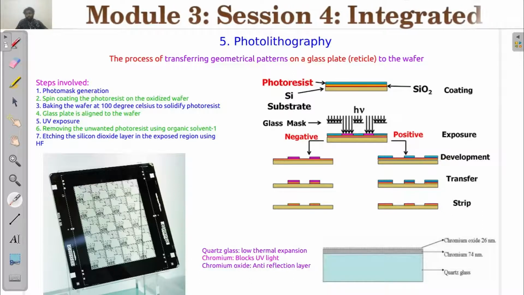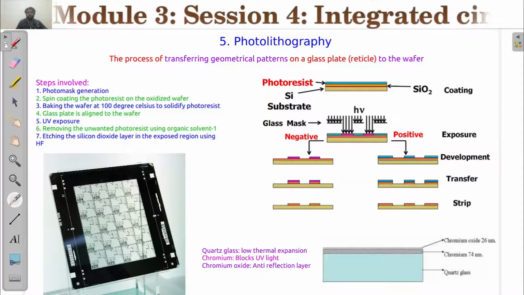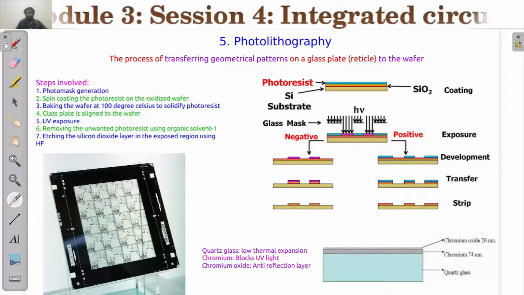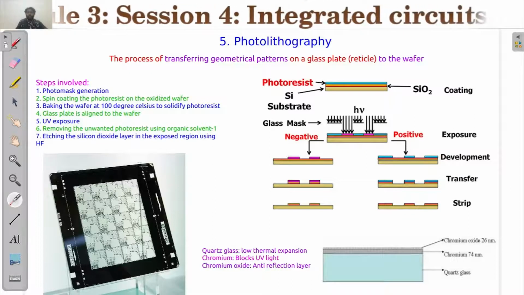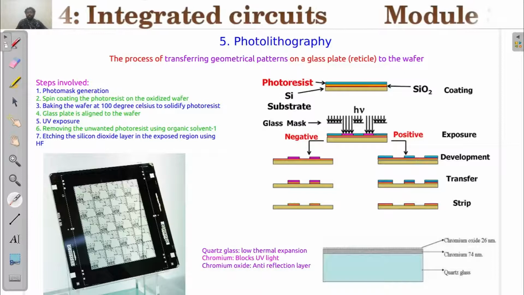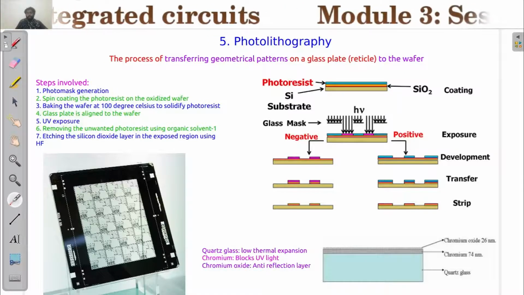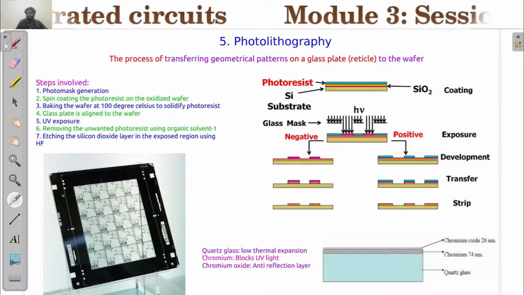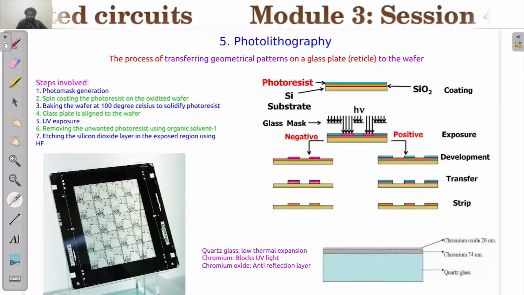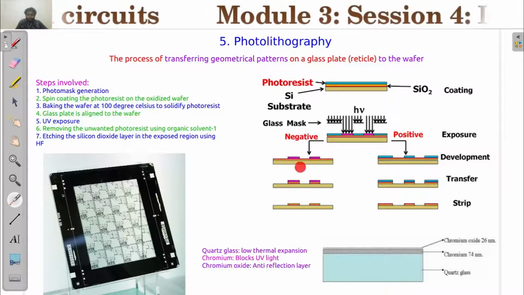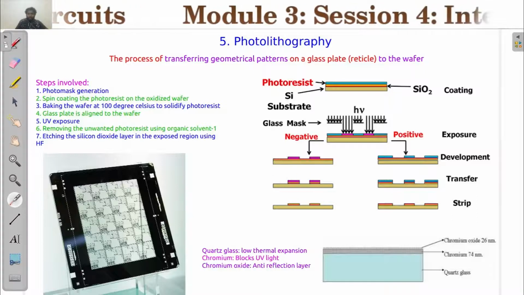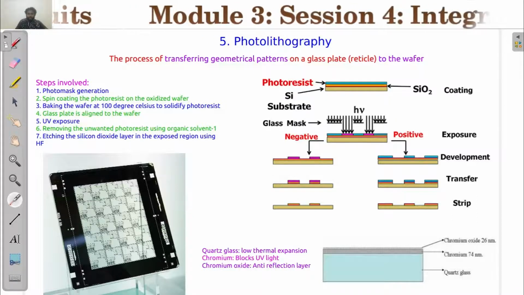The next step in the procedure of photolithography is that you can use an etchant. For example, you can use liquid etchants like hydrofluoric acid for removing silicon dioxide. We use hydrofluoric acid to remove the exposed silicon dioxide.